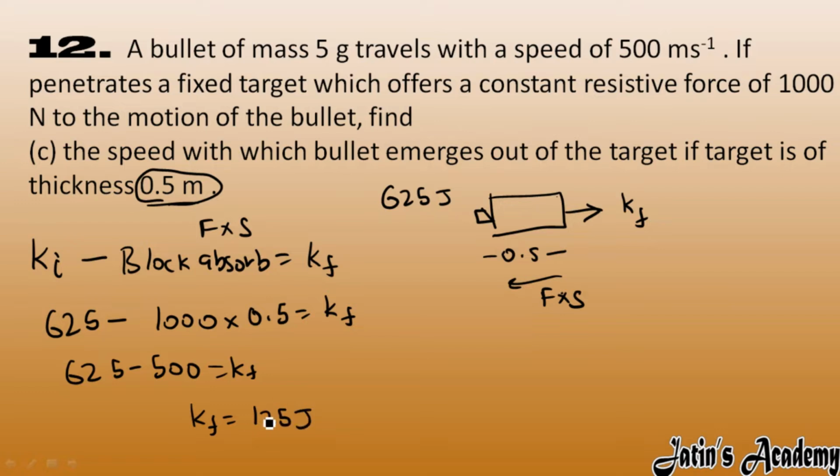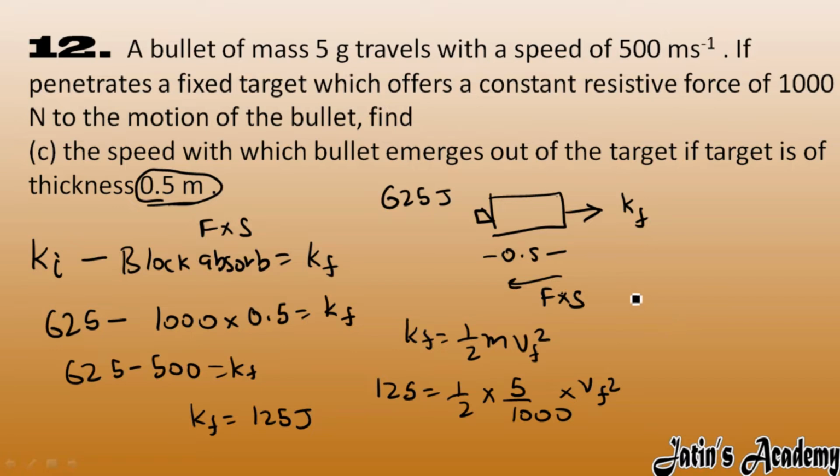Clear? Now we have to calculate the final velocity. So final kinetic energy formula we have is half m Vf squared. Okay, so here we have final kinetic energy as 125, 1 by 2, mass we have 5 gram, which is 5 by 1000 kilogram, into velocity squared. Now just cross multiply, velocity squared we got as 250 times 125, divided by 5 and multiplied by 1000. So here it is 50, taking the root,